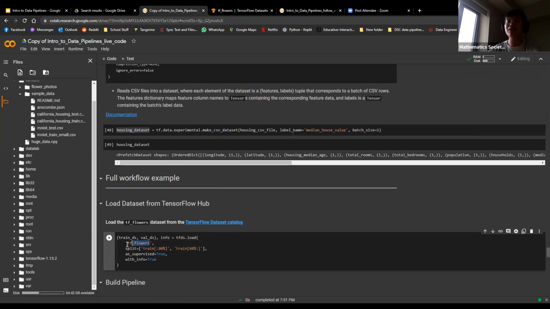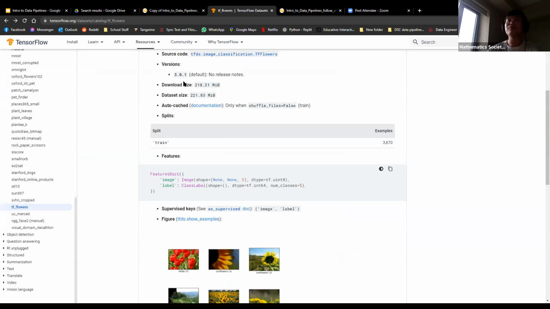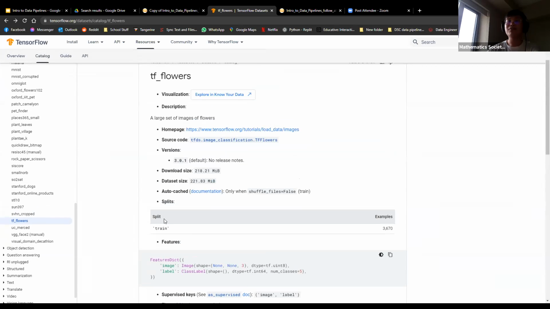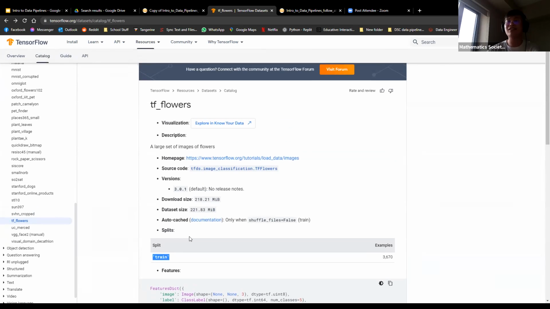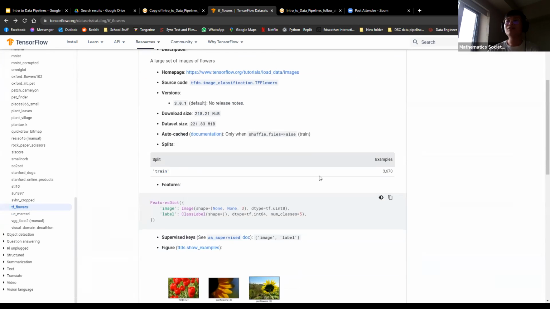And we just have to give it the label of the data set that we want and how we want to split the data. As you guys can see here, we have train 80 and train 80. What does that mean? If we take a look at split here, this tells us in this data set, they had like train and